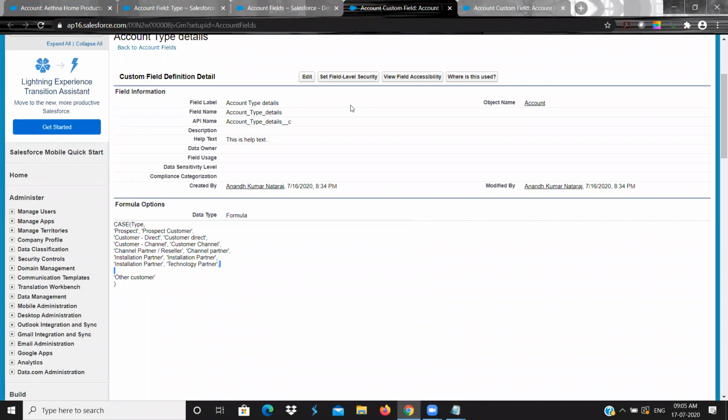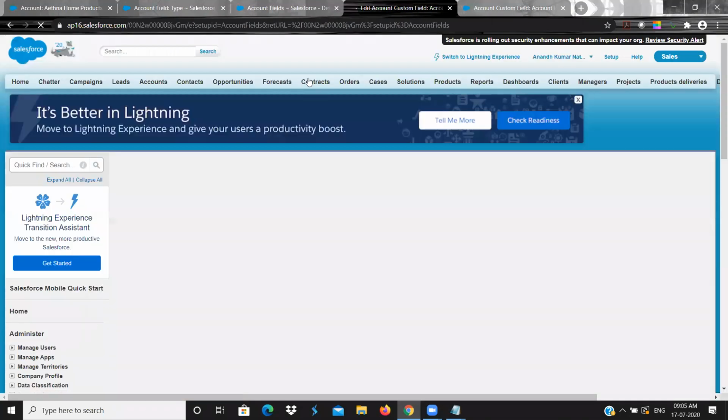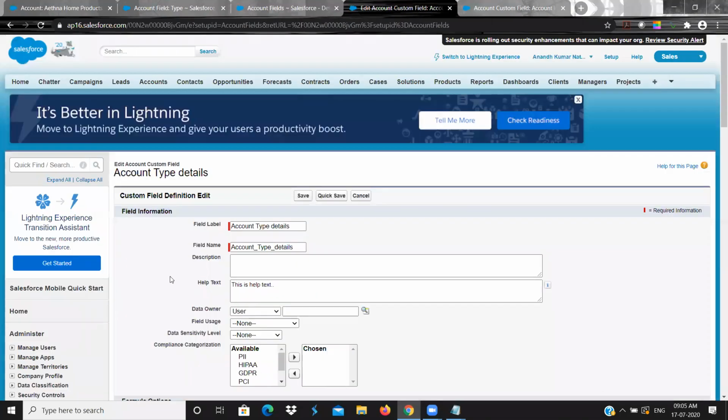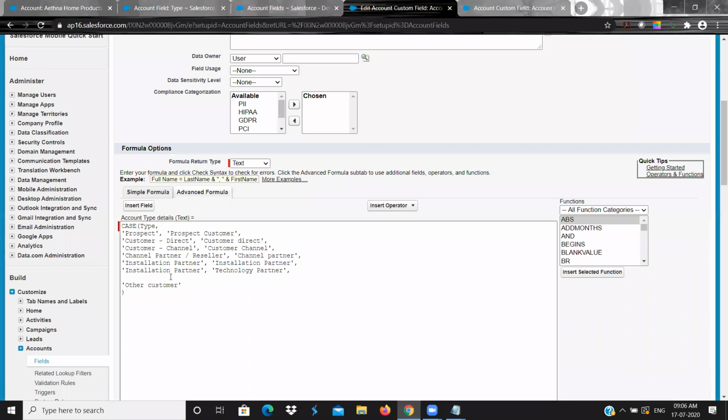Clear? It automatically considers it. No need to specifically provide ISPICKVAL. Because it is a series of checking, it doesn't matter whether you give ISPICKVAL or not.